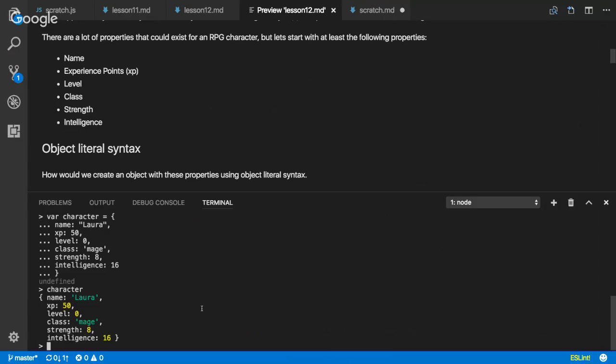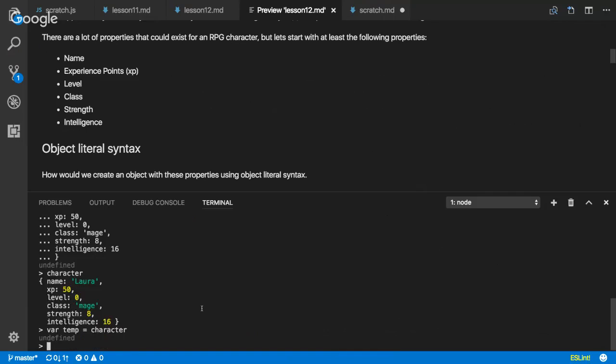You know what? That sends me down a quick rabbit hole. Just practice this with you guys. So I think it's a good thing to think of. Now we've got this object with the same properties that we just created. I'm going to have another object refer to it. So let's say we'll call it temp equals character. And then